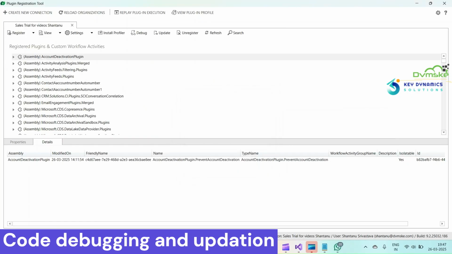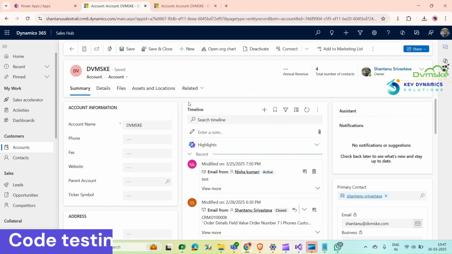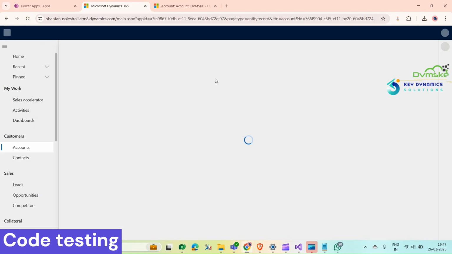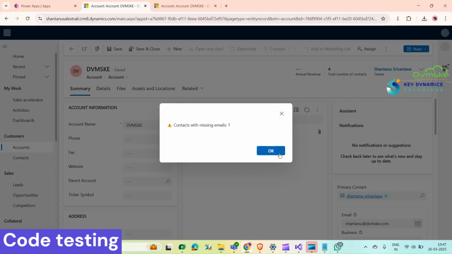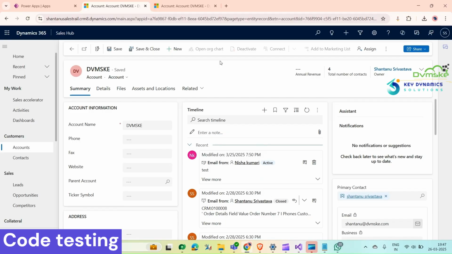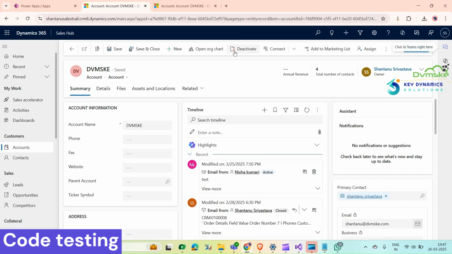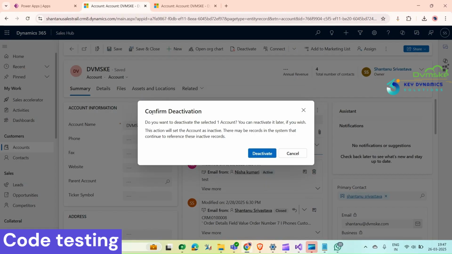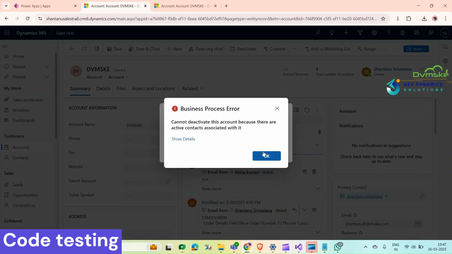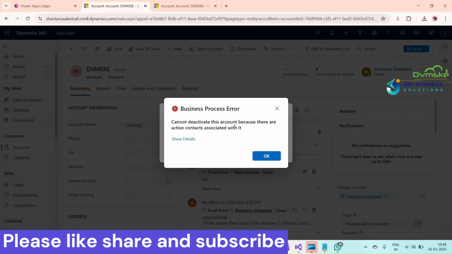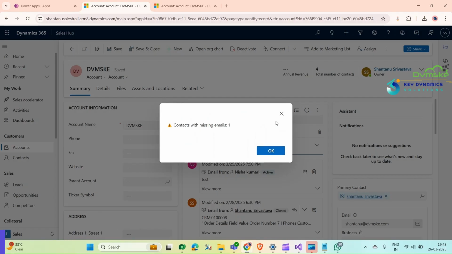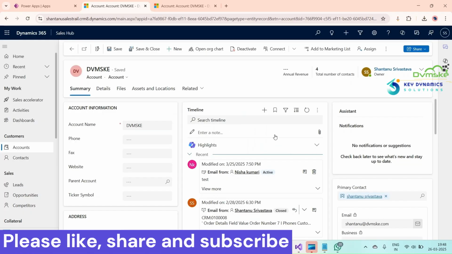Now the assembly is updated. Now check it again. Try to deactivate it. So now confirm deactivation. Now we can see a business process error: cannot deactivate this account because there are active contacts associated with it. So our plugin is working fine,